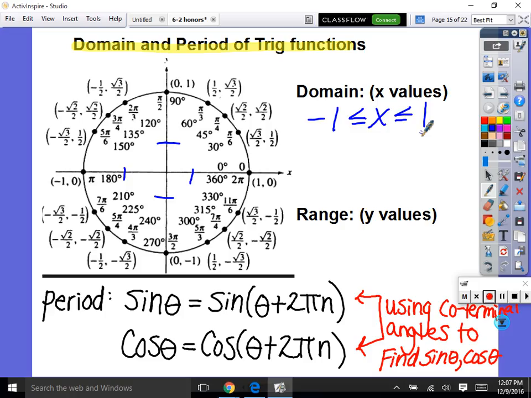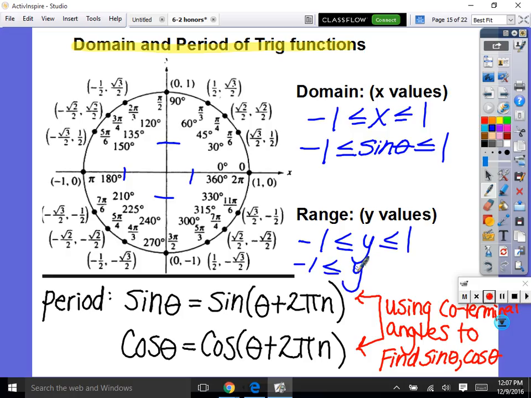So isn't it true to say that sine of theta is between -1 and 1? Correct? Everybody good? Now our range is y values. Y is still bouncing between -1 and 1. So our cosine values are bouncing between,